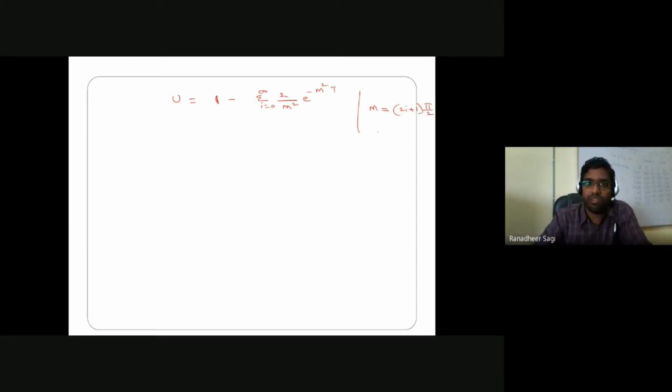So that's the reason why we were saying that for i greater than 0, we neglect the terms. As i is increasing, the m value is increasing. As the m value is increasing, the relative contribution coming from that particular term is relatively less. So that's the reason why we are considering only i equal to 0. If we consider only i equal to 0, then we are going to get a simplified function for this particular expression.